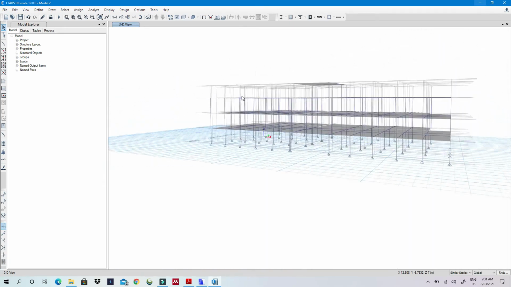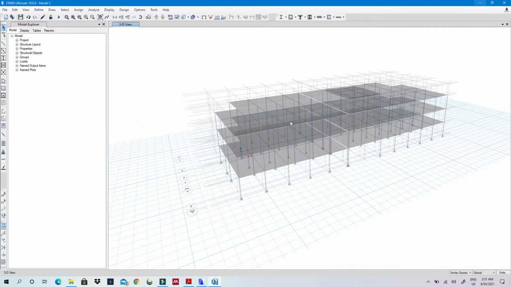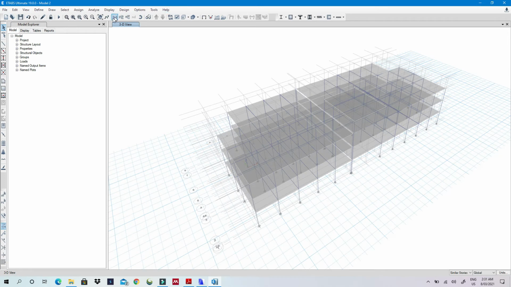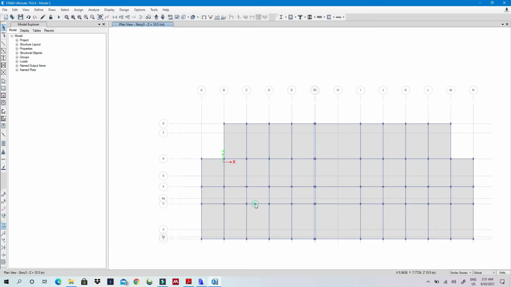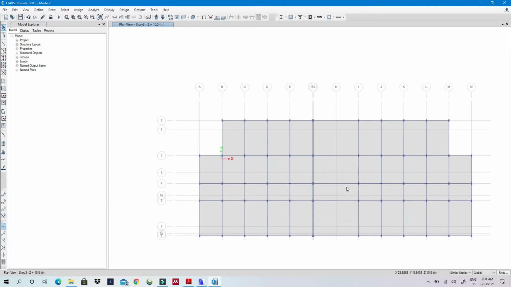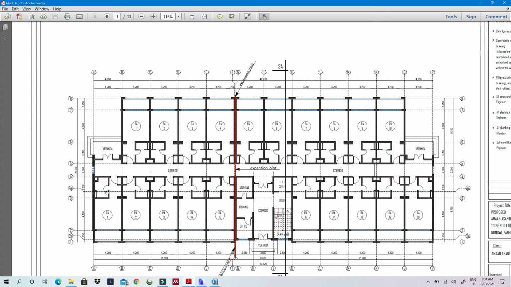Yes, I think everything is fine, because if I go to, let's say, that story, and then I select this, yes, everything is fine. So right now what we need to do is to check about our